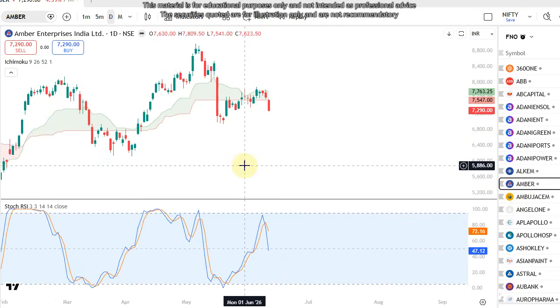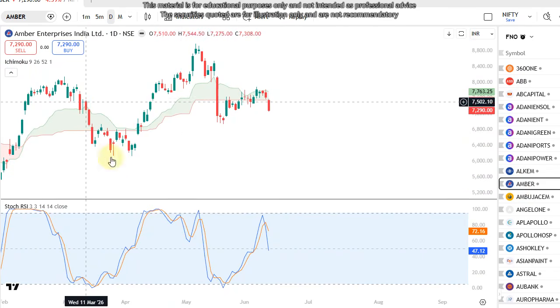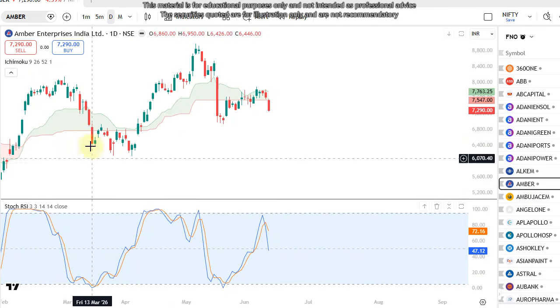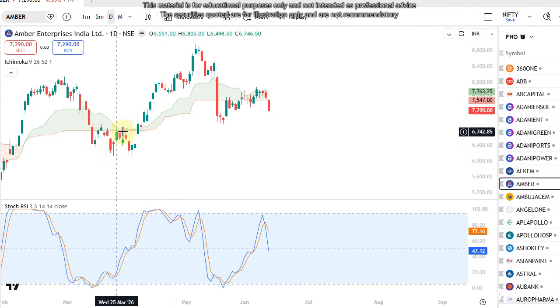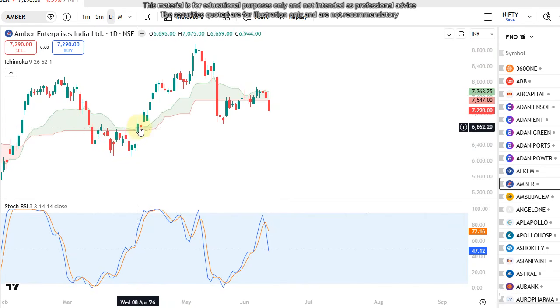See here, in amber the cloud is green, oscillator condition met, price condition met, it has given a rally. But here the price is below the cloud, so we can also wait until the price closes above the cloud and then we can enter. Okay,